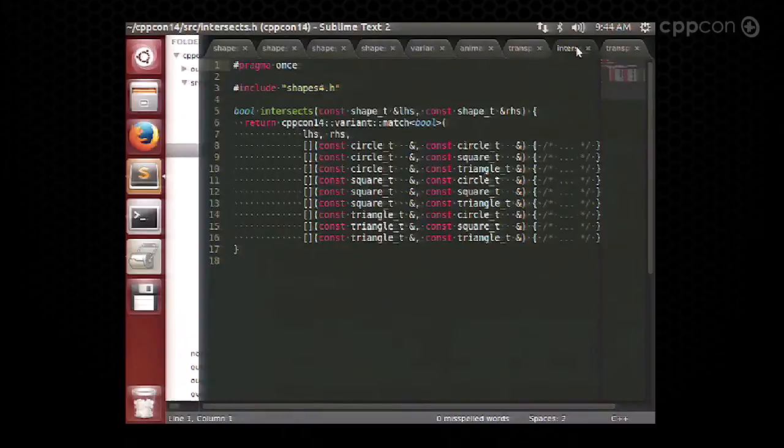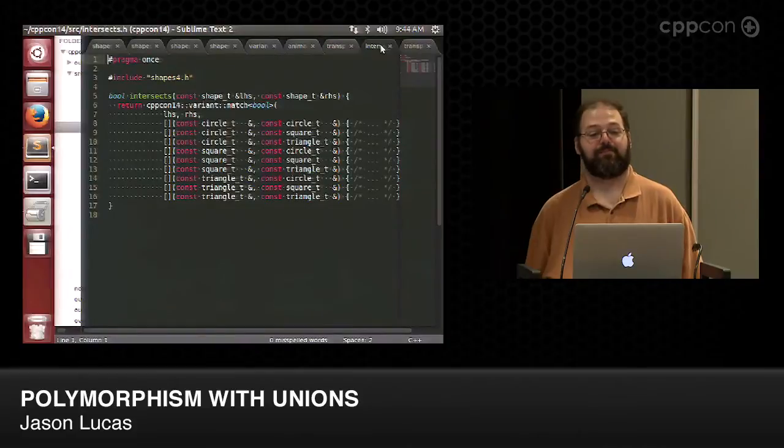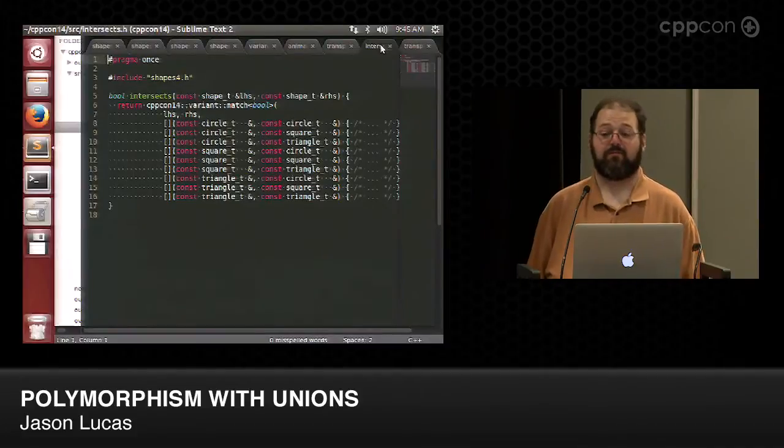This is one of the prettiest things I've ever seen. So you can dispatch multi-method on variant. We will be polymorphic on more than one thing. Instead of having a this, you have an array of these. And we will work out what all of the types are of all of these before we dispatch to the